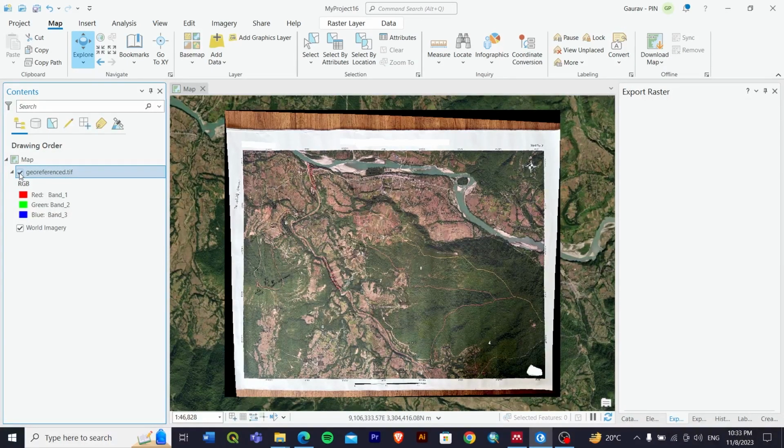So in this way you can georeference any type of maps if you already know where it should have been, and you know the control point that can be aligned on the map. This way you can directly georeference any map in ArcGIS Pro, and with this we have completed this georeferencing part